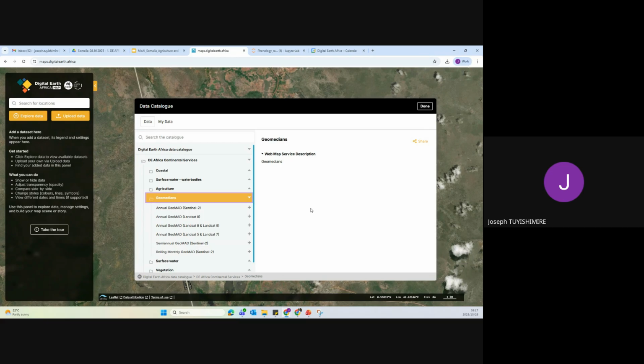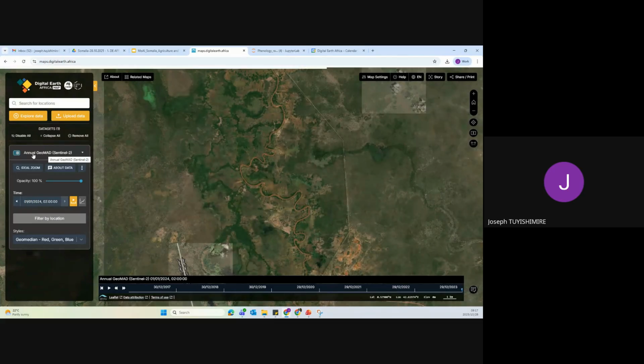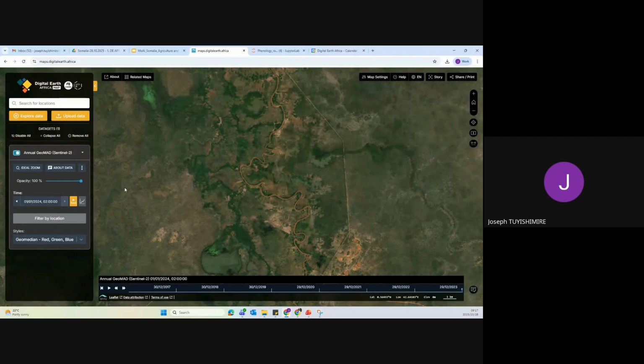Let's say you load the geomedian from the GeoMAD from Sentinel-2. Sentinel-2 in our database starts from 2017 to nowadays, while Landsat starts from 1984 to nowadays.